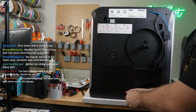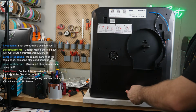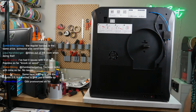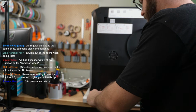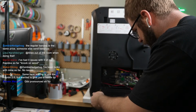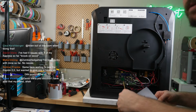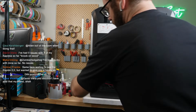I've had 0 issues with 3 of my Rapidos so far, knock on wood. Nice. Same here, waiting to see Rapido 2.0, but wanted to give you a heads up. What's the sale price? If it's good enough, maybe I will just get it. I don't know that the Rapido 2.0 is going to have increased floating like that. I think I saw someone testing it out, and I can't remember the differences that I saw, but...